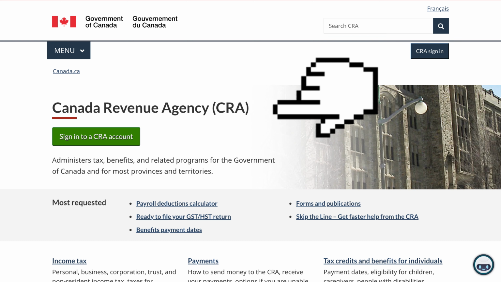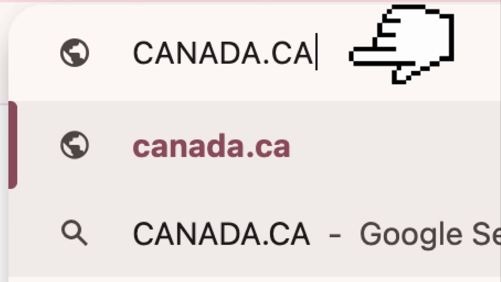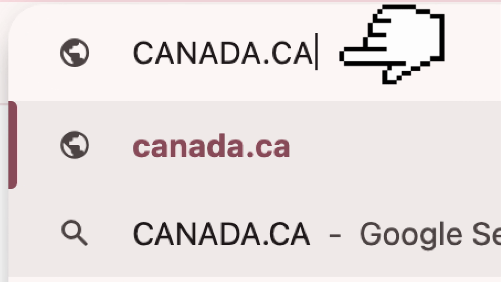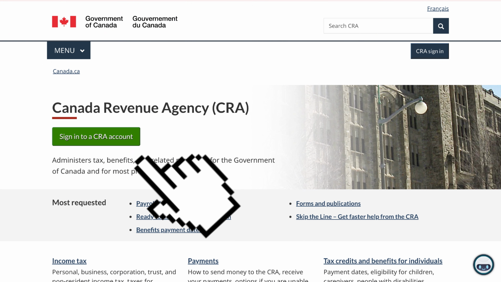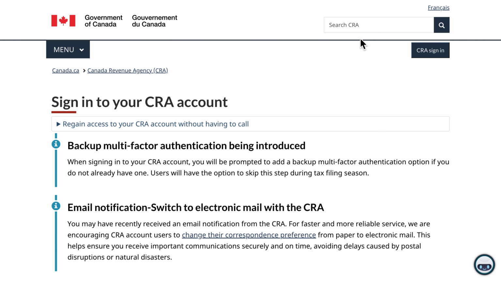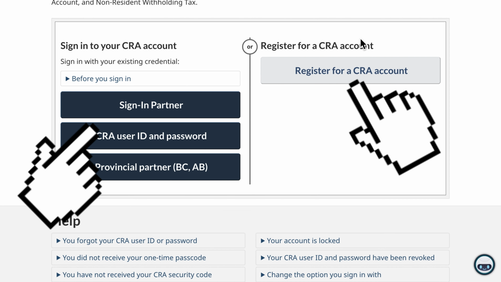The first thing you have to do is have an account on the CRA website. On the search bar of your browser, like Safari or Google Chrome, search for Canada.ca to visit the CRA or Canada Revenue Agency website. Sign into your CRA account by clicking on this button, or make a brand new CRA account if you do not have any yet. Just scroll down and hit the sign in or register your CRA account and complete the